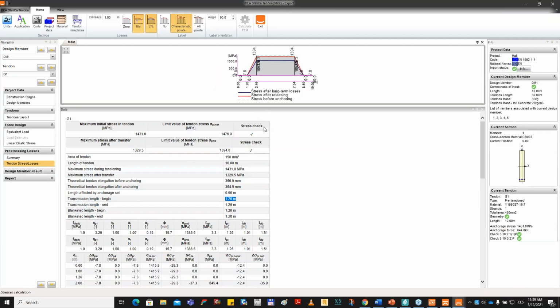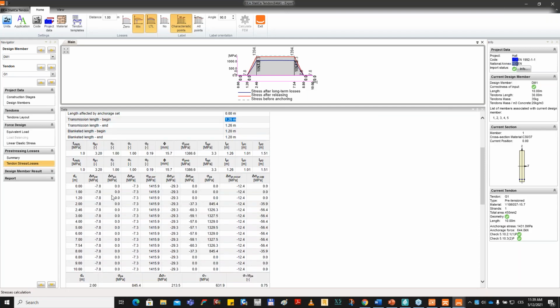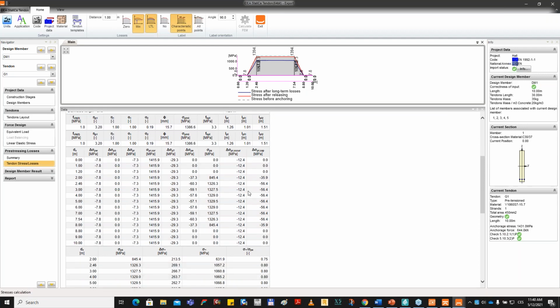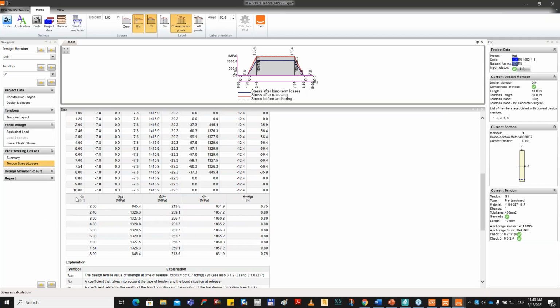If I would like to know more about losses, all losses are tabled in this list. I have some anchorage set loss, some loss due to difference in the temperature of pre-stressing steel and stressing bed. And sigma PA is stress after short-term losses. So you can see I have sorted out the value along the length of the beam. These are short-term stress, the stress after short-term losses, and in the bottom